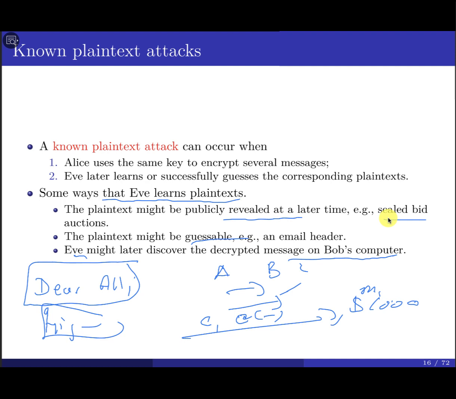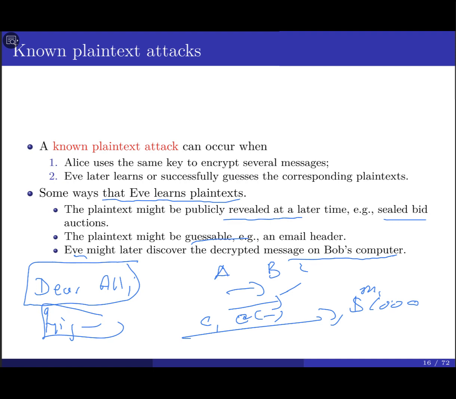So we have different ways. We said we have different attack scenarios. The first one, the ciphertext-only attack, in which Eve knows only the ciphertext that she wants to decode. The second scenario is the known plain text attack. That means in this case, Eve knows two pieces of information. The first one, the ciphertext to be decoded, plus a sequence of plain text ciphertext pairs. Okay.